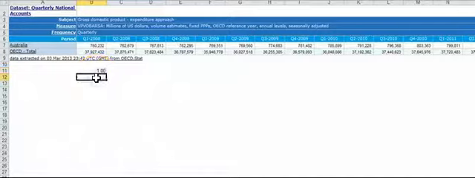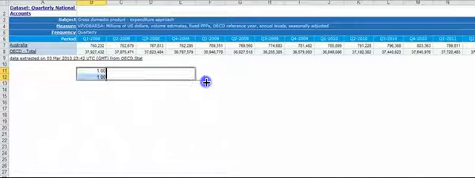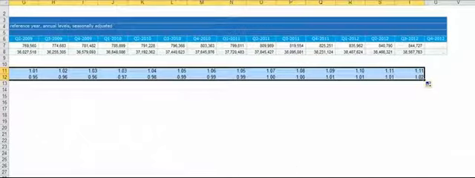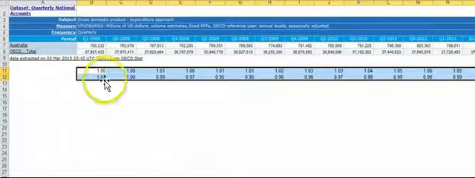I'm going to do the same thing for the OECD. I'm going to go back to here, hit equals, take this divided by the same cell, but I'm going to put dollar signs there, as you can see in the formula bar, hit enter, and I'm going to increase decimal places. Now watch, highlight both cells, and I'm going to autofill across all the way for my entire time series. And as you can see, I have a nice